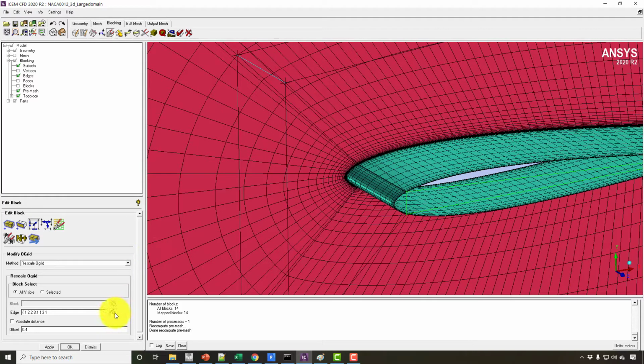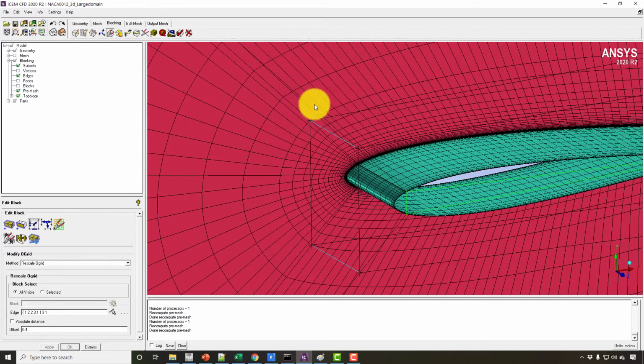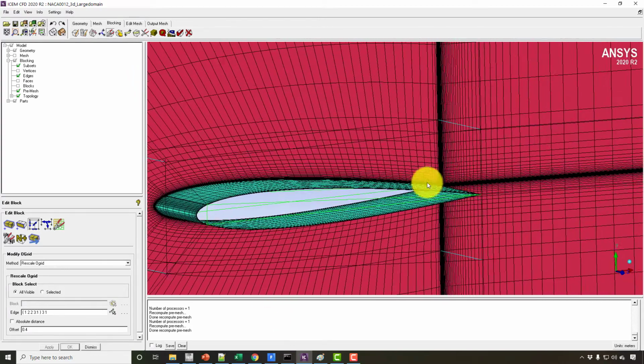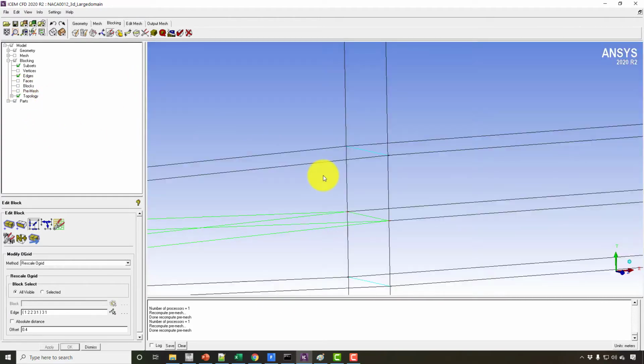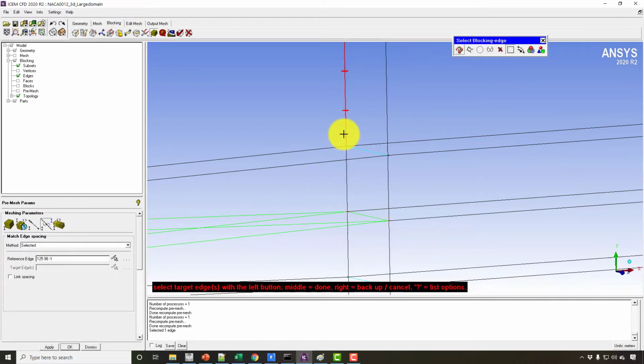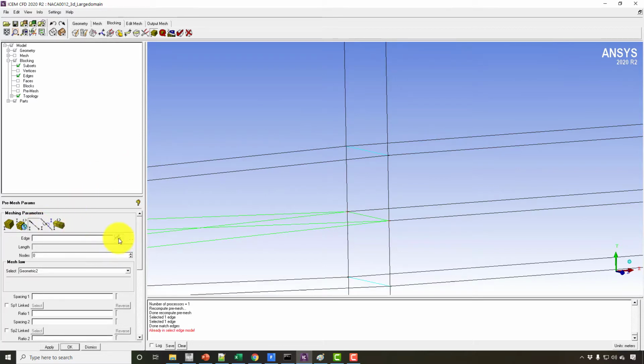So I will change the value over here by 40%. Then I will copy parameters from the inner block edges to the outer block edges, and also I will apply these parameters to all the blocks.